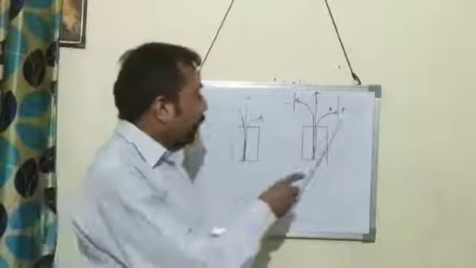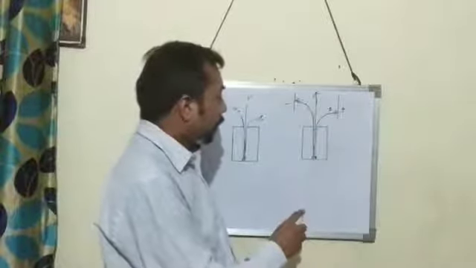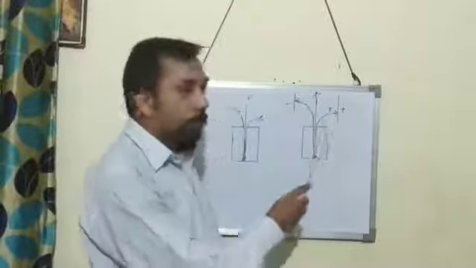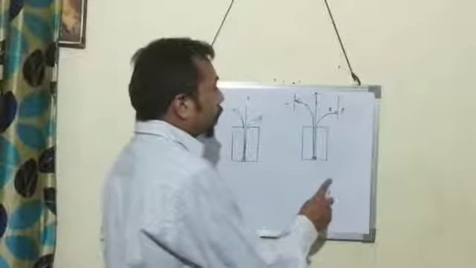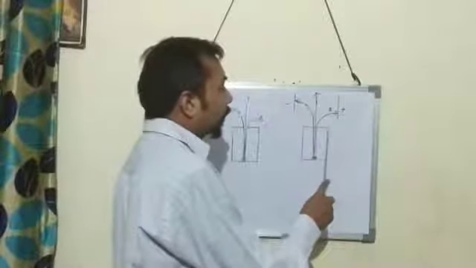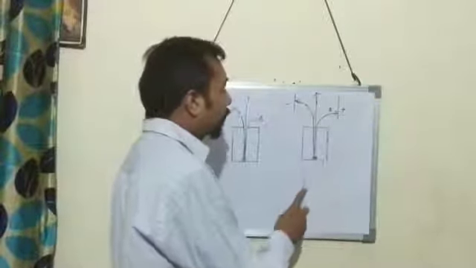Now we come to an electric field. How do we identify these three radiations in an electric field? Again, this is a lead box with a narrow opening, and the radioactive substance is kept at the bottom, and an electric field is applied in the path of these radiations. The one which bends towards the positive plate is beta radiation, the one which bends towards the negative plate is alpha radiation, and the one which goes straight without bending is gamma radiation.